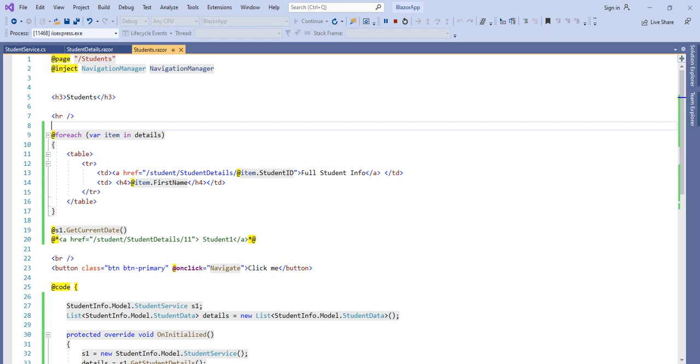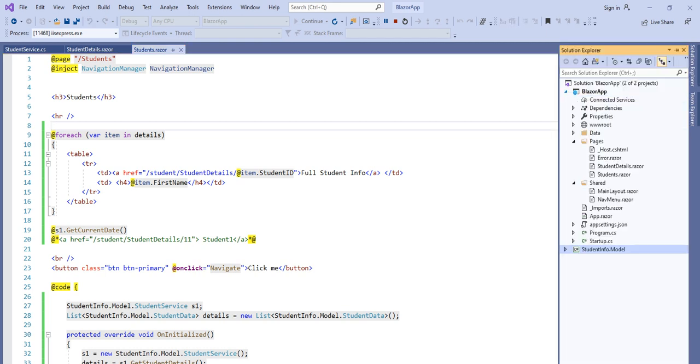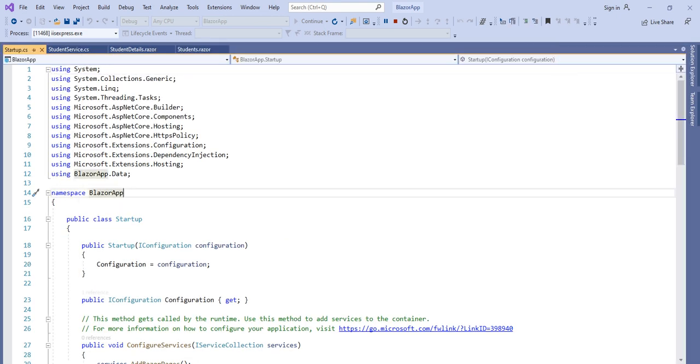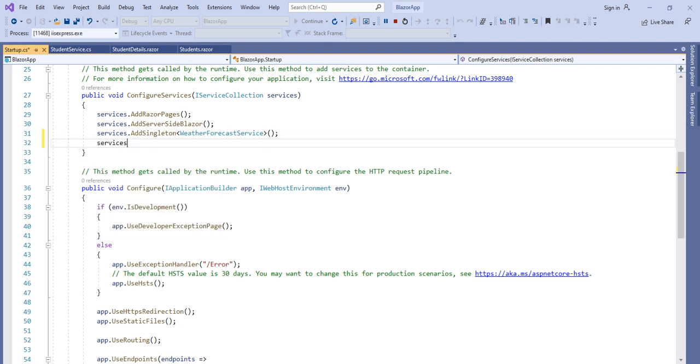So let's do that. For that we have to go to this Blazor app and into the Startup.cs page, and here we have to inject those services. So here, services. First I am going to do it with transient, and here we will give the service name.